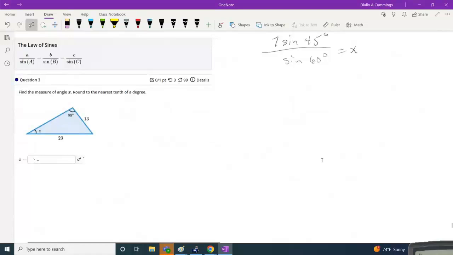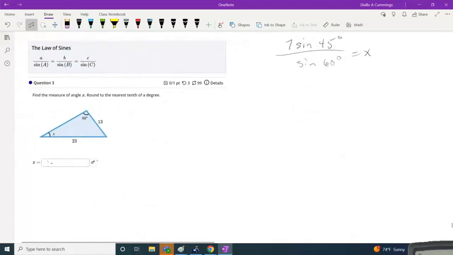The next one is problem number 3. And here again, in this one, we're asked to find this missing angle measure. So you can not only find side lengths by using the law of sines, you can also find angle measures. So I'm going to set up another proportion. And I'm going to just be consistent with putting my side lengths in the numerator and my angle measures in the denominator. So just looking at my figure, I don't have enough information to find that third angle, but I